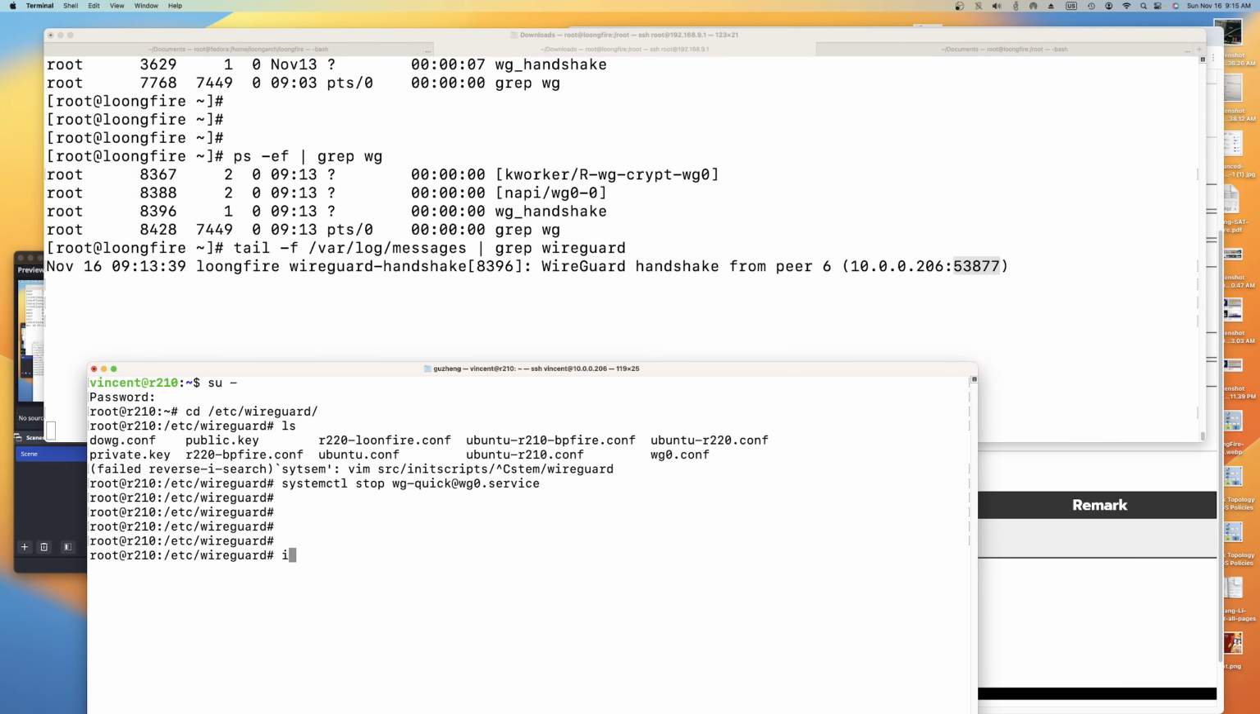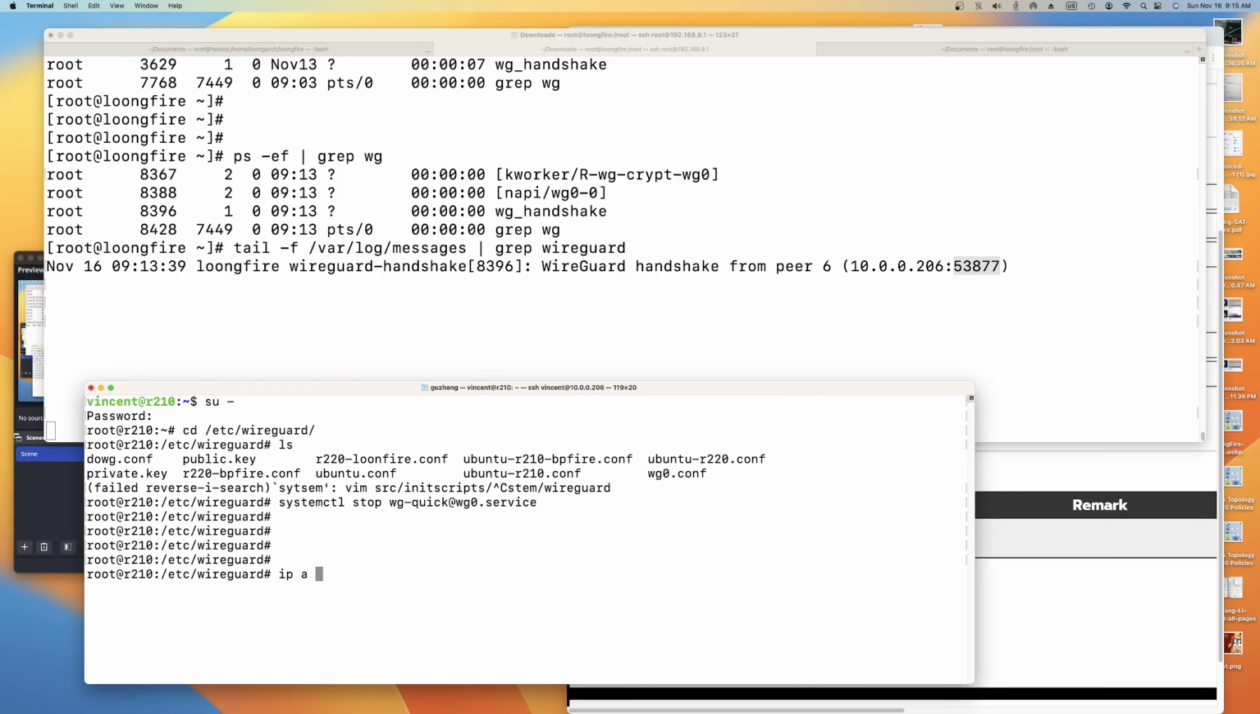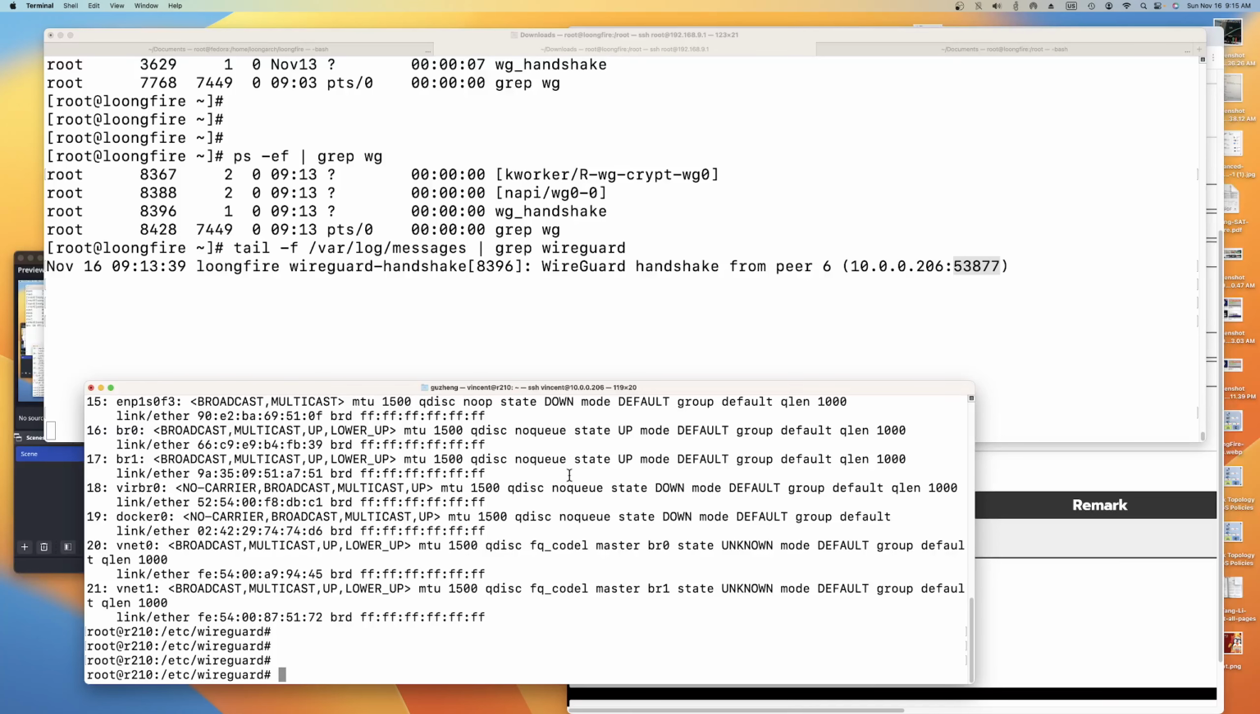and let's see, and let's check the IP link. We don't have it. So if you start up your WireGuard client, it will have a wg0 interface for the WireGuard connection, and since we just stopped it, we do not see it. And then now let's start the WireGuard client,